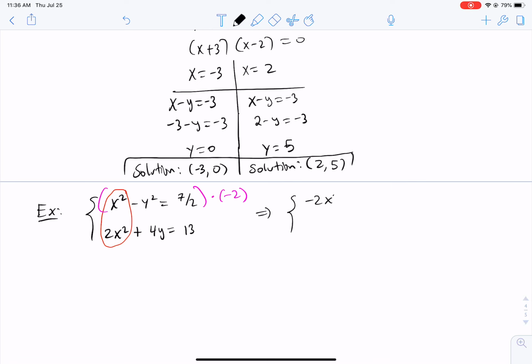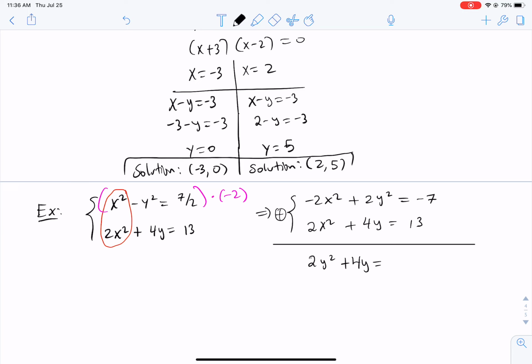Negative 2x squared plus 2y squared equals negative 7. And the second one stays as 2x squared plus 4y equals 13. And now if I add them up, what would I get? 2y squared plus 4y. So the negative 2x squared and the 2x squared will cancel out, right? But I will get 2y squared plus 4y,